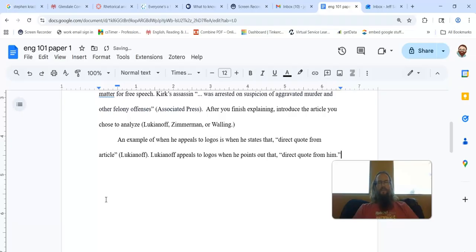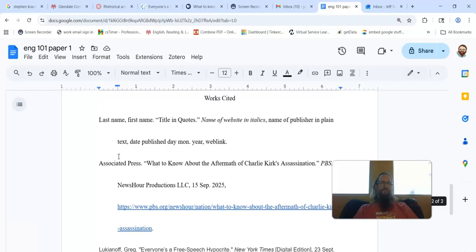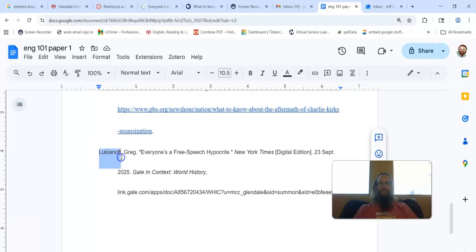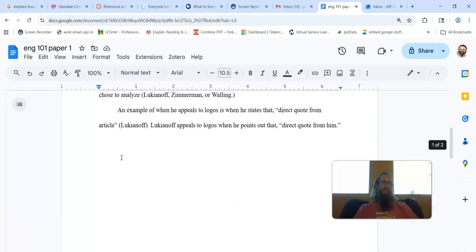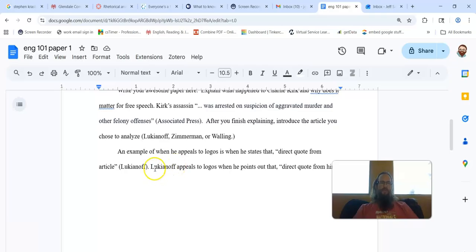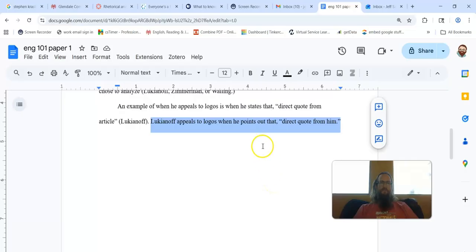So the standard of in-text citation is that we need the citation in the same sentence as the quote so the reader can find the source on the works cited page. When you look at this, is his last name in the same sentence as the quote?